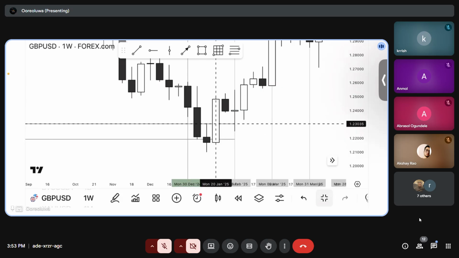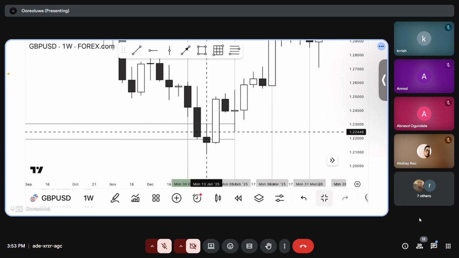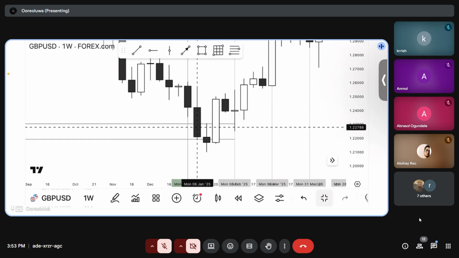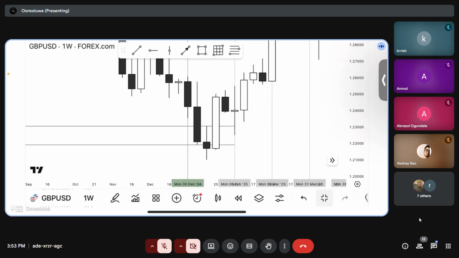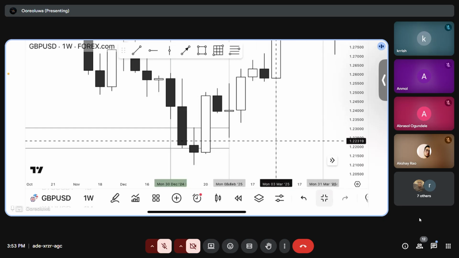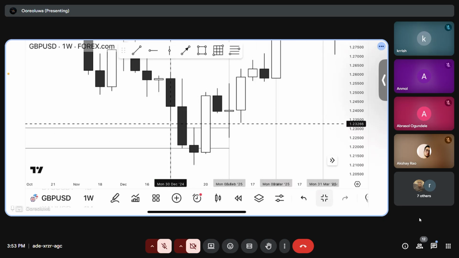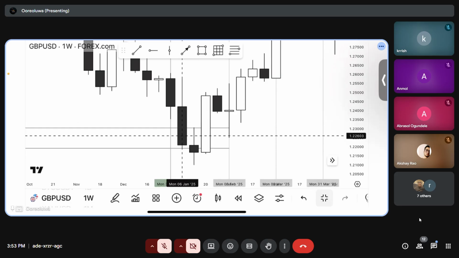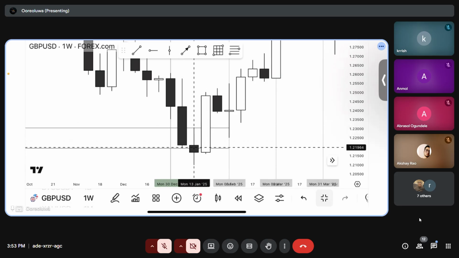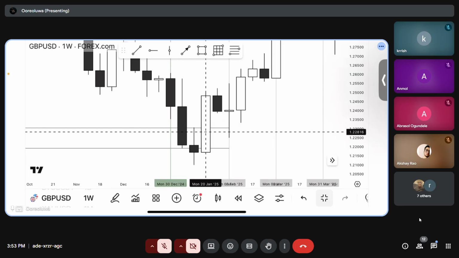So price closed above this candle here. All right. Price closed above this candle. This is like a full change in state of delivery. So this is like another block, and this is a fair value gap, making the other block stronger. Okay. So from this point, sorry, this is the first week, right? This is the second week. This is the third week.